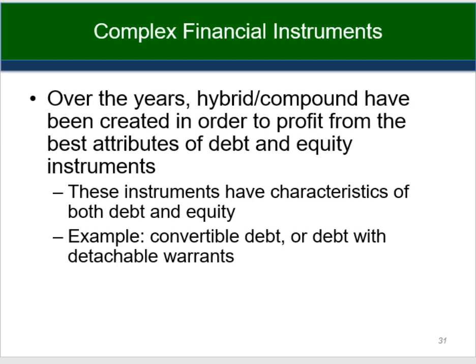Forward contracts, of course, are a promise to actually fulfill the transaction. So the company is committed to buy. If they set a forward contract to buy shares, then the company has committed to buy a fixed number of shares for a fixed amount of cash. And even though it's fixed for fixed, the obligation to pay cash means it's a financial liability. So a forward contract to buy shares would be a financial liability. A forward contract to sell shares would be equity. The company is essentially selling equity. The company is committed to sell a fixed number of shares for a fixed amount of cash, and there's no contractual obligation to pay cash, so it's therefore an equity